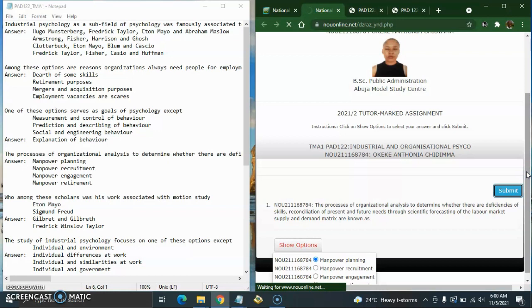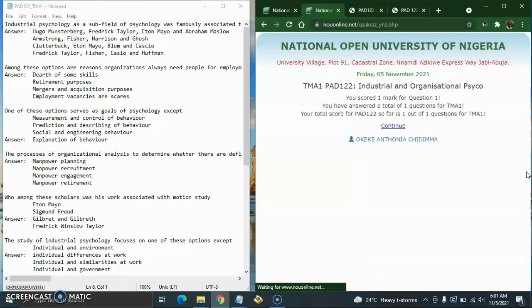Some people will misuse the opportunity anyway. They will look at that. Look at that. We got it. It says you scored 1 mark for question 1, and for now you have a total of 1 mark, so 1 out of 1. So if you say continue to bring up a second question,